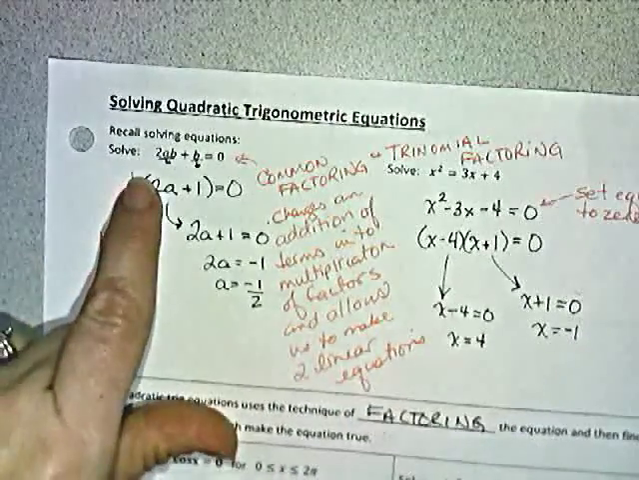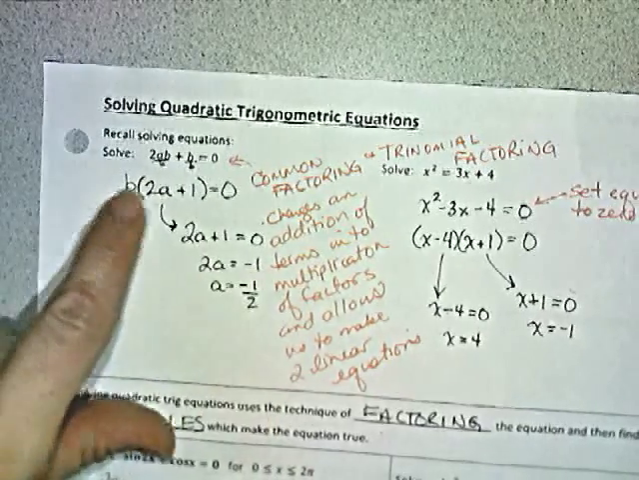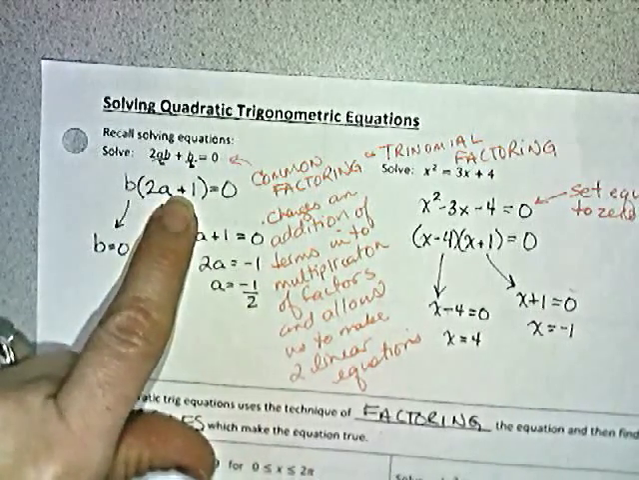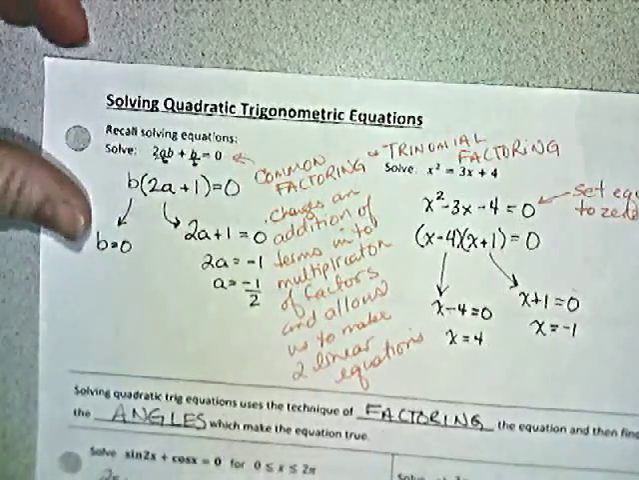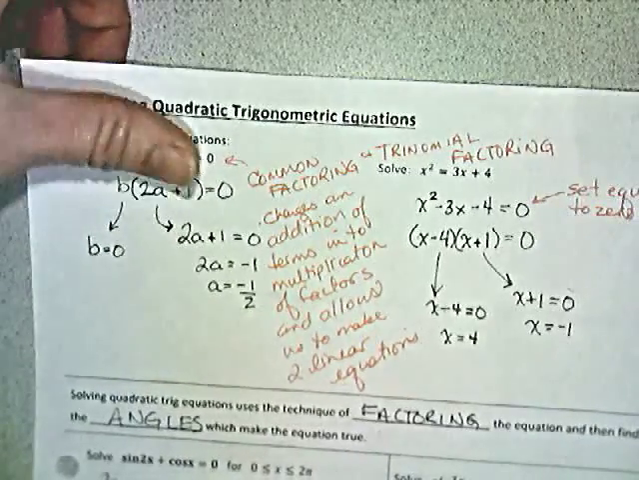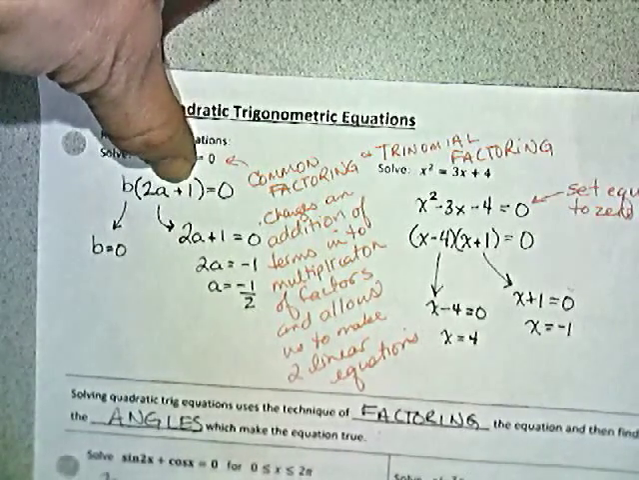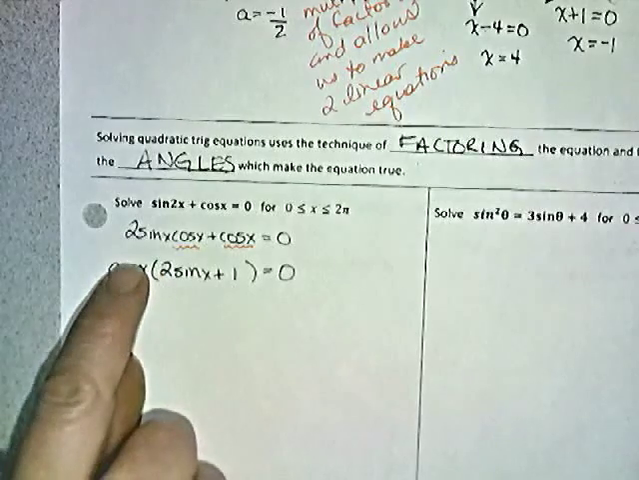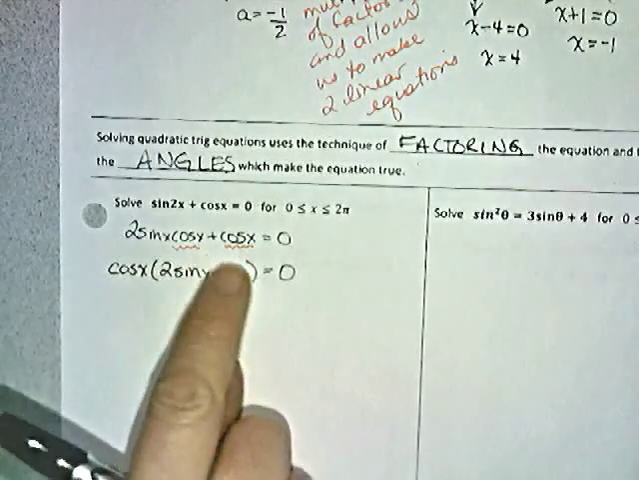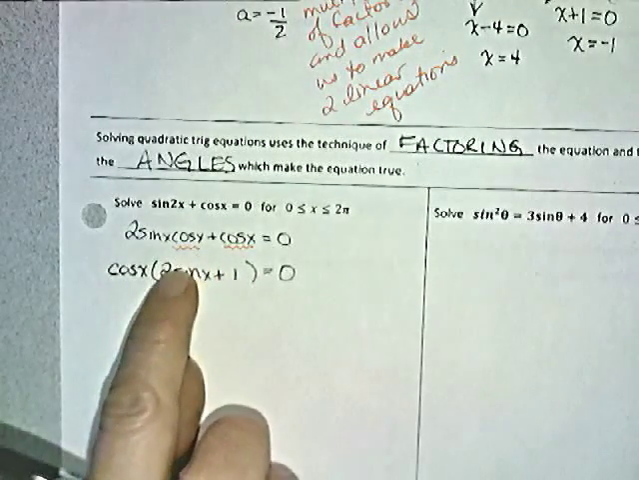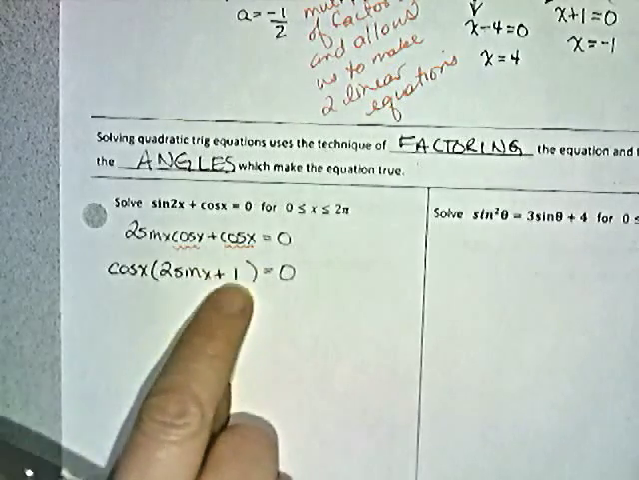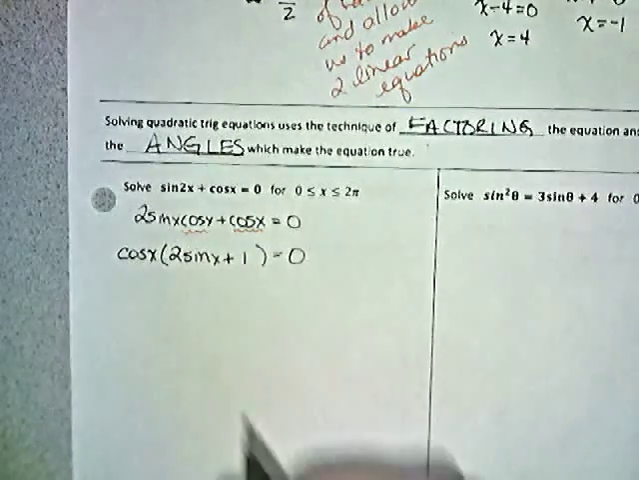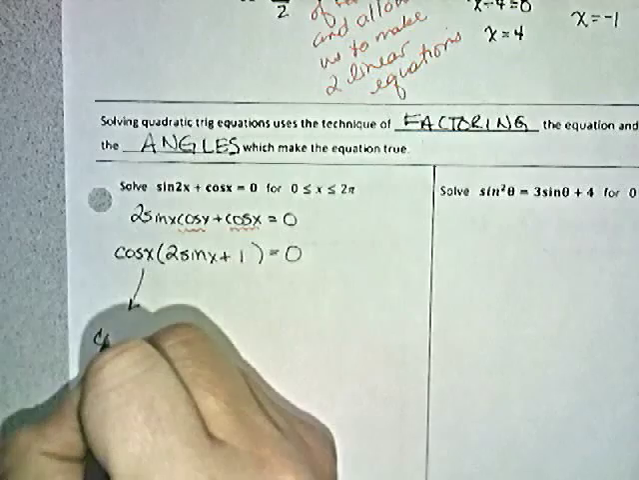And just like up here, I could deal with them separately to find out what value of my variable makes that factor 0, which would make the equation true. Here I need to find the angle that would create a 0 value here, and the angle that if I took the sine of it multiplied by 2 and added 1, I could create a 0 here. And so if we pull this apart,